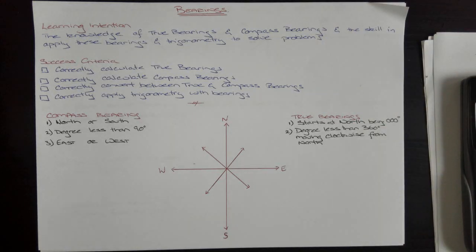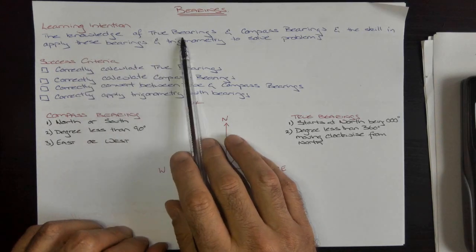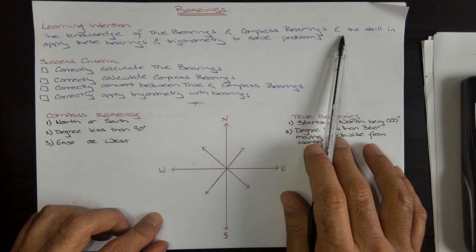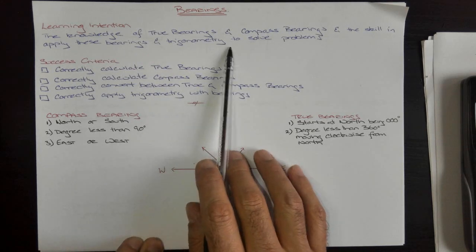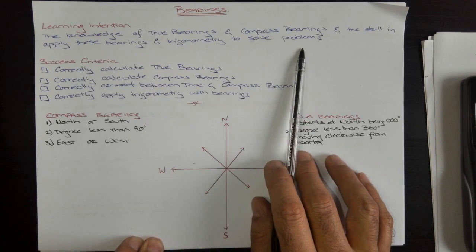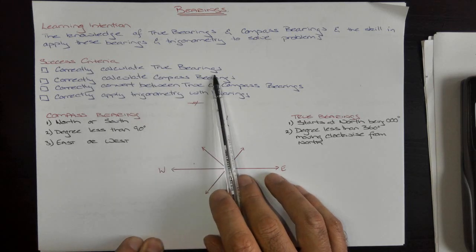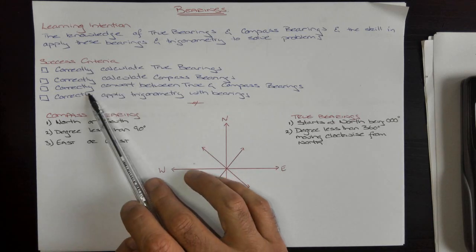Okay, so today we're going to look at bearings. Our learning intention is to understand the knowledge of what true bearings are and compass bearings. Notice that there's two. And the skill in applying these bearings and using trigonometry to solve problems. So we'll be successful if we can calculate correctly the true bearings, if we can calculate correctly compass bearings,